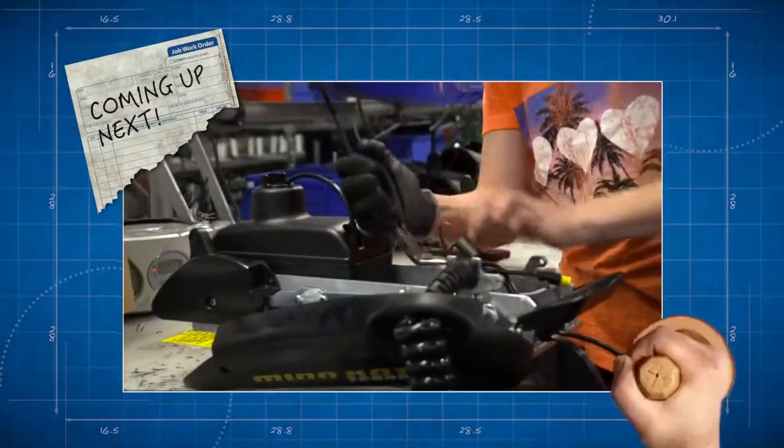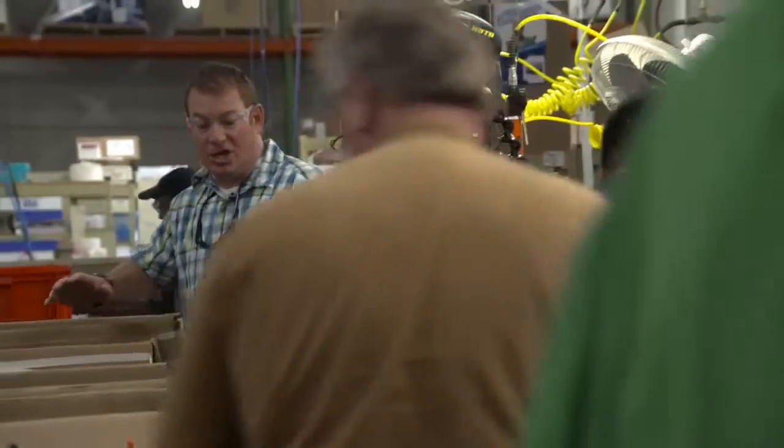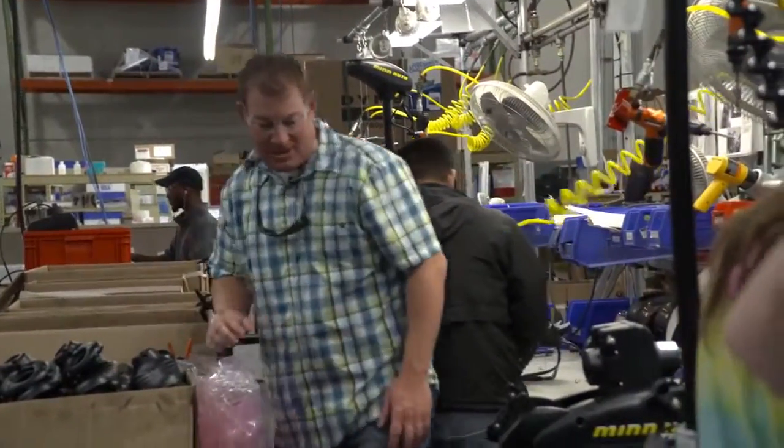So we have a lower unit, but this motor is far from complete. Up next, I try and stay out of the way. Sorry,